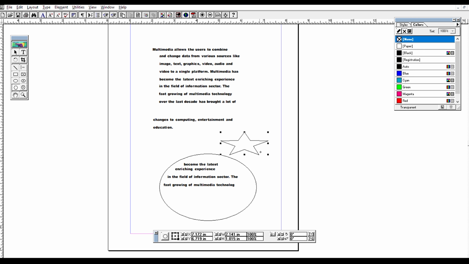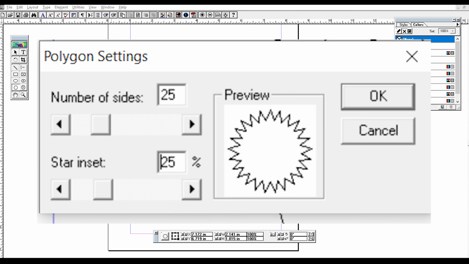I'll go to Polygon Settings and type 25 here. If we have 25 sides and 25%, see how it will look. We'll have the preview here. So we can make some different shapes. I'll just zoom this and show.